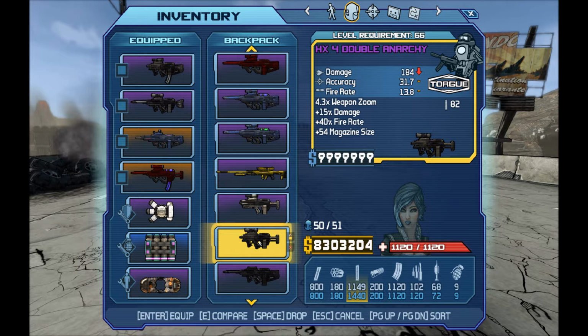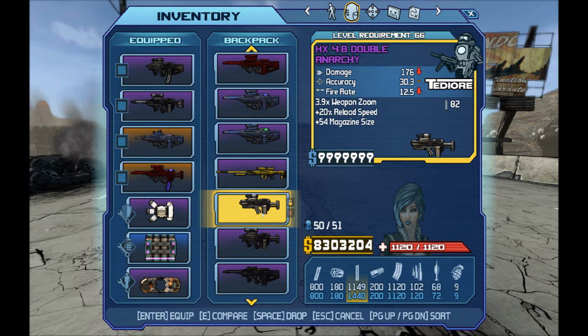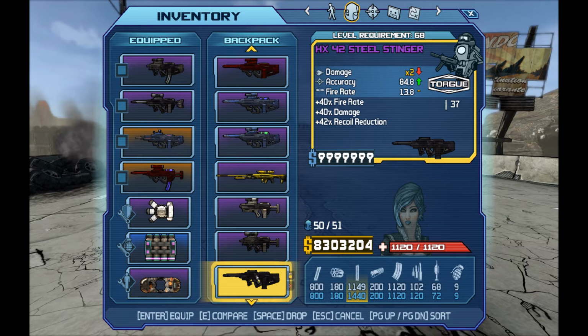This is the Anarchy I was using before. It's 82 magazines, so it's pretty useful, but I'm just trying out the other one. TDR Dabo Anarchy is really useful as well, just because of reload speed. Sometimes you don't need insane damage and insane fire rate, and it's better to just be firing all the time. This Stinger, I don't use it because it doesn't have a scope, and the magazine isn't great. But I just keep it to remind me that the Stinger I have